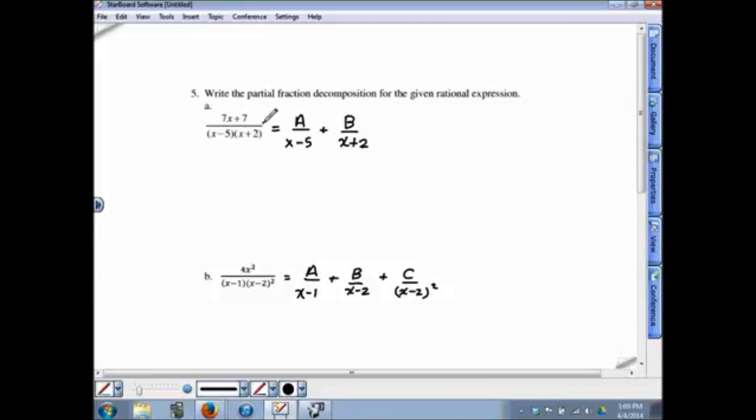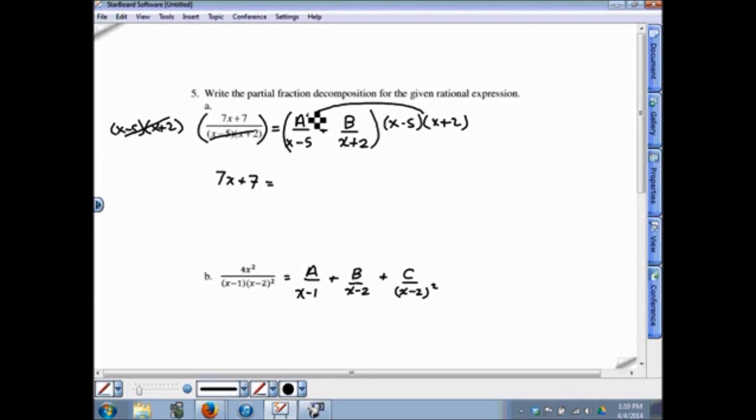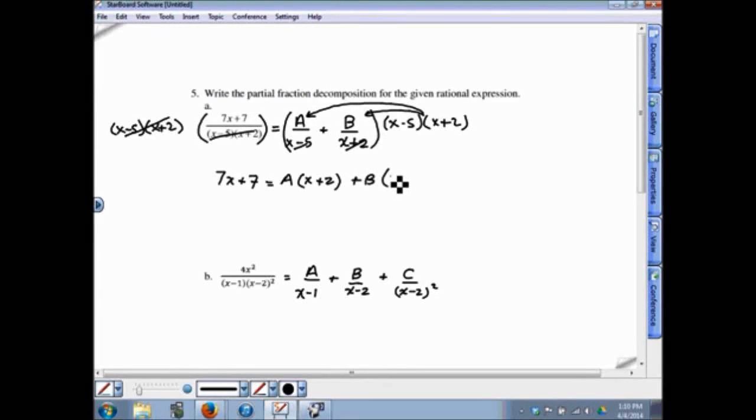Now up here on part A, after you make the form of the partial fractions, you multiply each side of the equation by the lowest common denominator. In this case, it's x minus 5, x plus 2, something over here. So that cancels out the denominator, and you're left with 7x plus 7. Now when the LCD distributes to that term, the x minus 5s would cancel, and so you're left with a times x plus 2, and then when it distributes here, the x plus 2 would cancel, so b multiplies